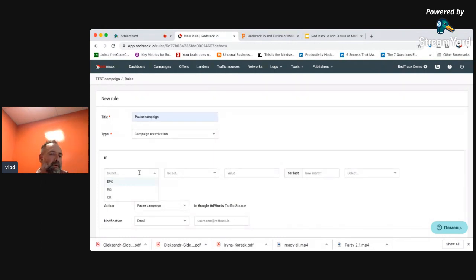So if our return on investment is less than say 100% for the last 1,000 clicks, or maybe conversions, or maybe hours, you set the rules. You pause campaign and send email notification alert.